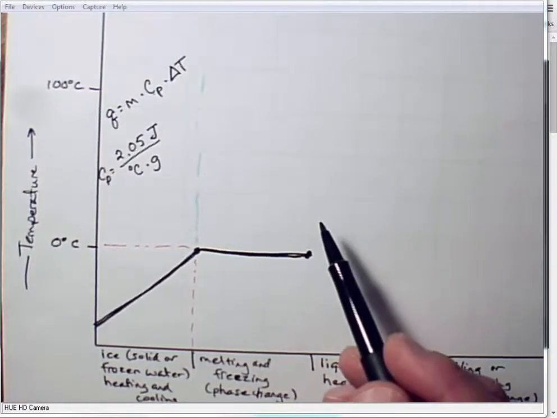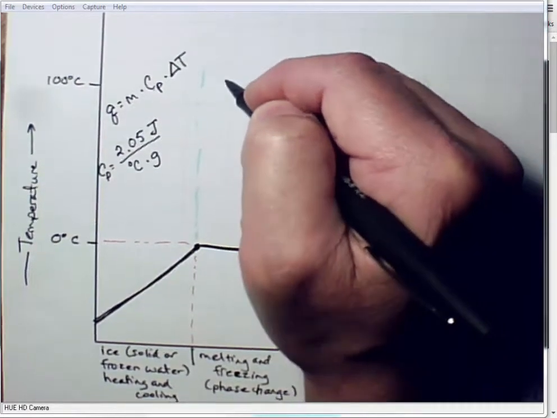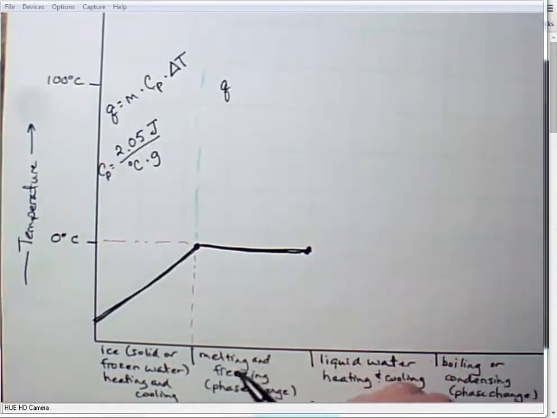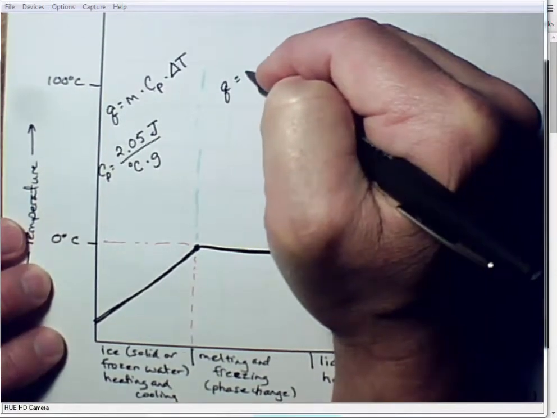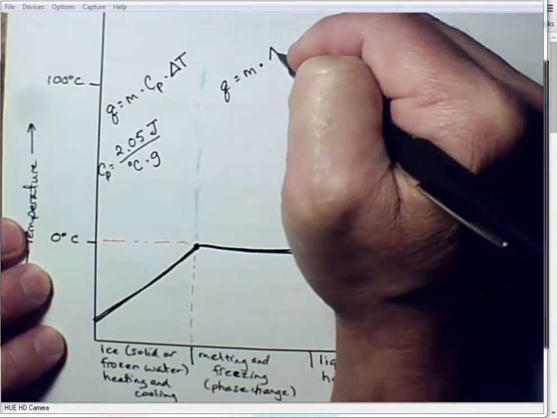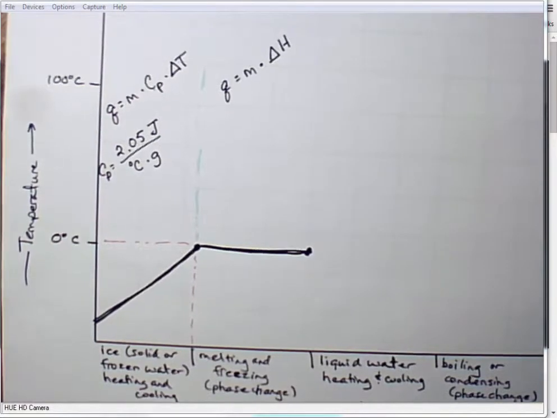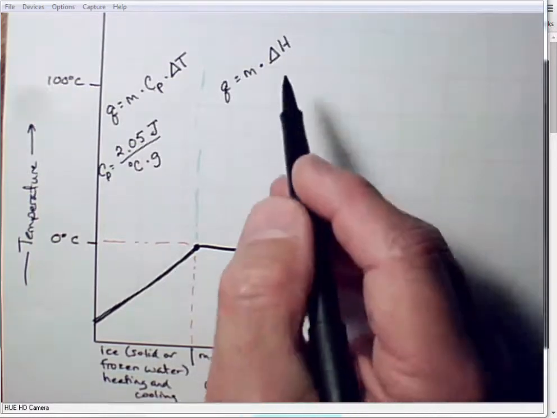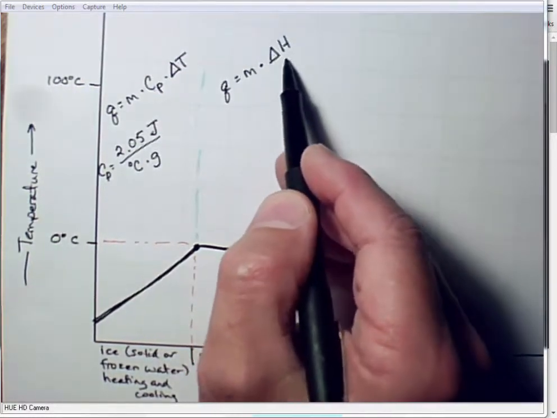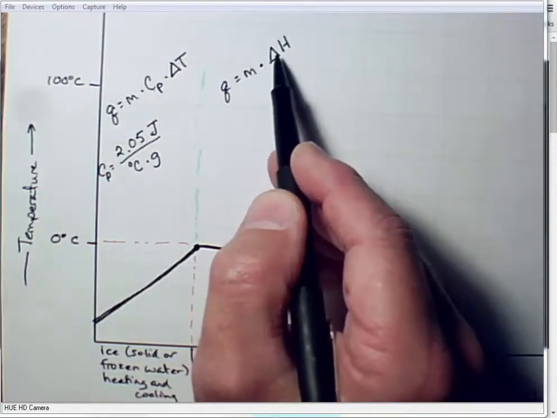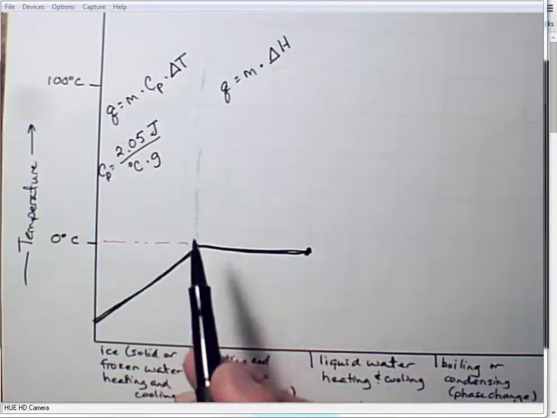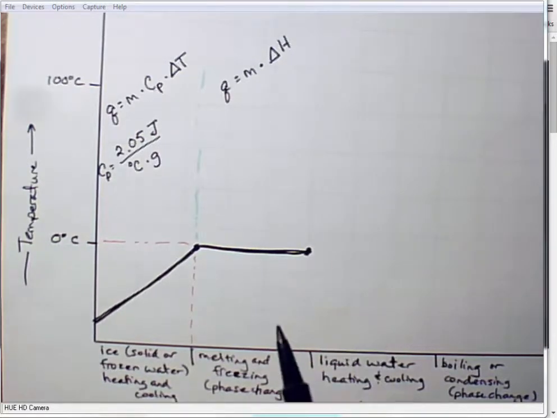And so the equation we use here is Q, because we're still looking at the heat exchange, is equal to the mass times something called change in enthalpy. Now the reason it's H there is because most of the time we are talking about heat. In fact, one of the descriptions used to explain what delta H is, it's the heat of fusion. Okay? But it really is something bigger than just heat. It's a lot of kinds of energy called, we call that enthalpy,